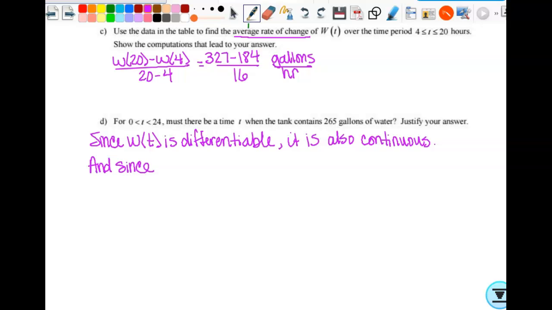My lowest number of gallons is 150. That's less than 265, which is less than 357, right? Okay, so since that number falls in between those two, there must be a time t